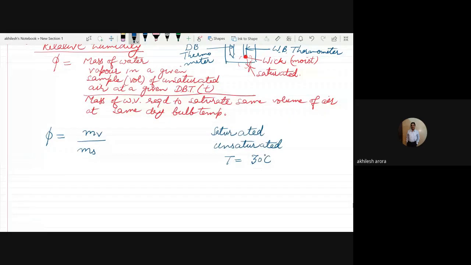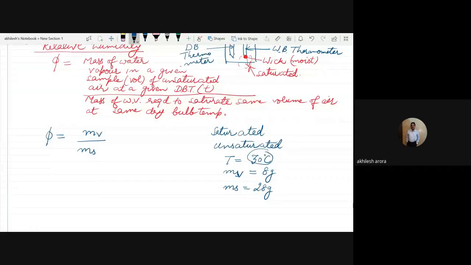So when the temperature is 30 degrees Celsius, if I say the mass of the moisture, mv, which the air is holding, is, let us say, 8 grams. But it can hold the maximum moisture, let us say, 28 grams at this particular